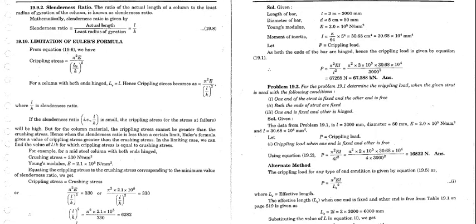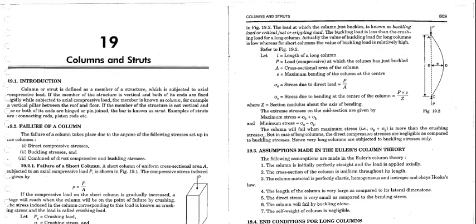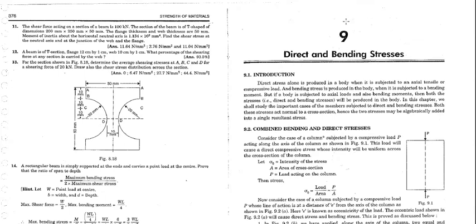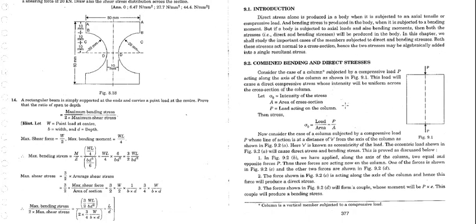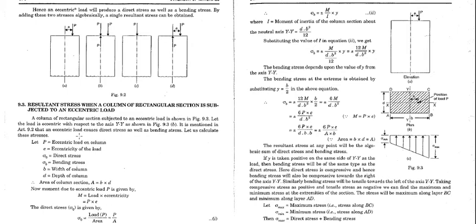Now we will look into the other topic, which is the combination of both direct stresses as well as bending stresses. When direct compressive stress along with bending stresses acts on any structural column, then due to the combination of both of them, a net resulting stress will be induced in the material. That is basically the resultant of both of these stresses. So let us go through it in detail.